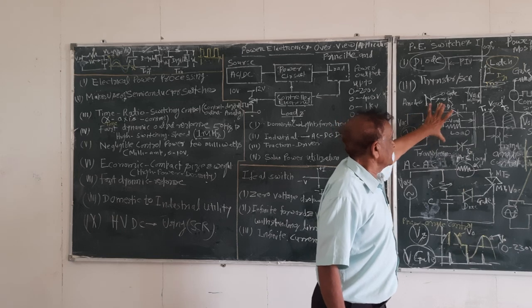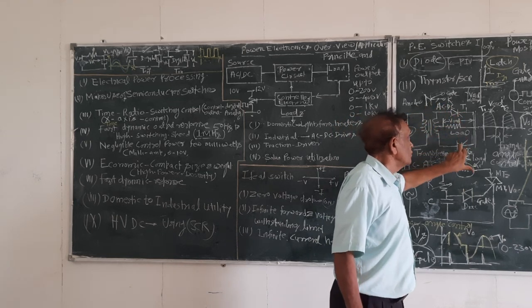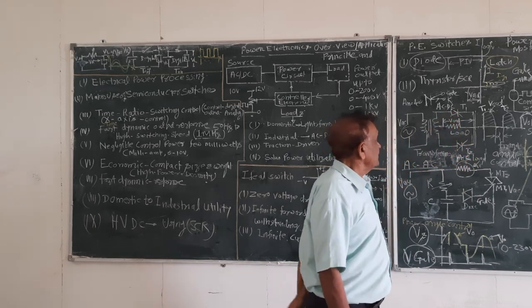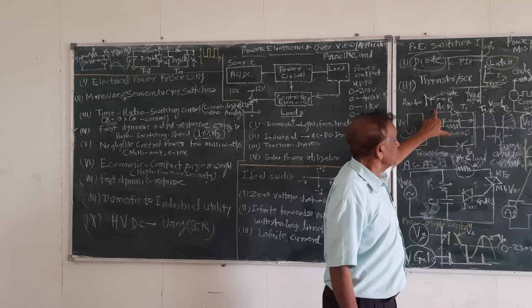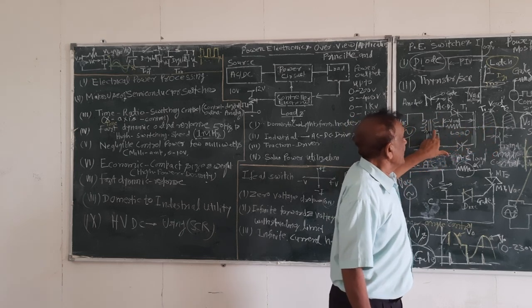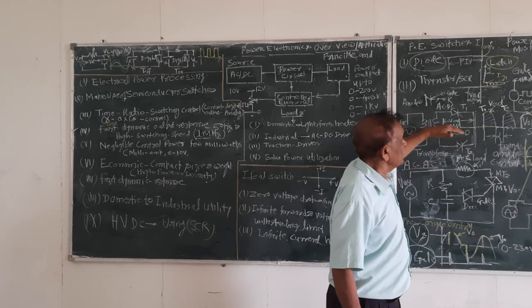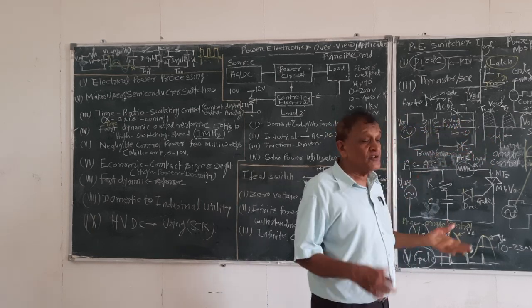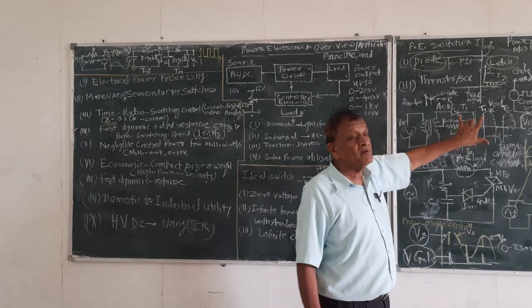This is a center tap transformer, which is AC in nature, and we are using two thyristors. This is one of the configurations, and the thyristor converts this AC to variable DC by phase angle control, or firing angle control. So variable voltage DC can be obtained across this load, which will finally control it. If you are using a lamp, it will work as a